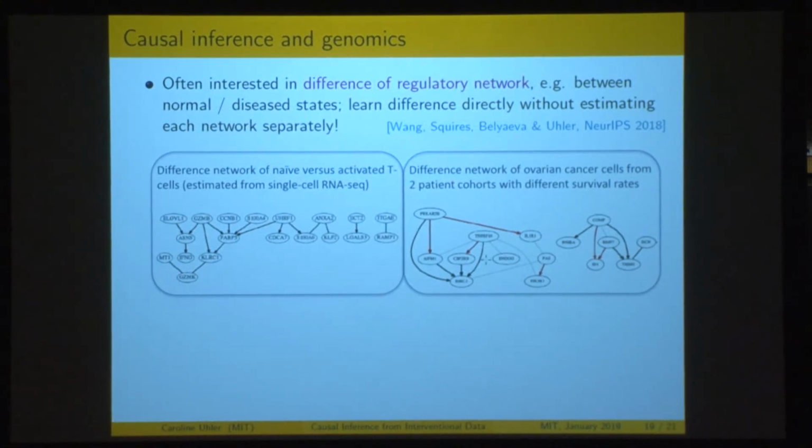Okay? And here we're applying it to figure out what are the real regulatory links that differ between activated T cells and non-activated ones, or here, for example, what could explain the different survival rates between two different patient cohorts for the same kind of cancer, in this case, ovarian cancer. Okay, and again, you really need to take a causal approach,